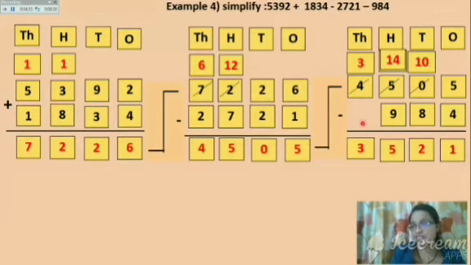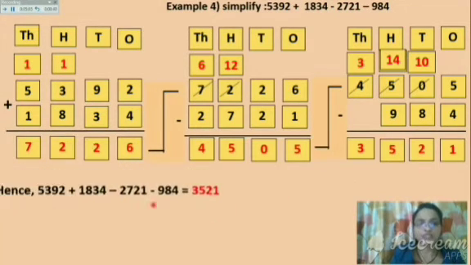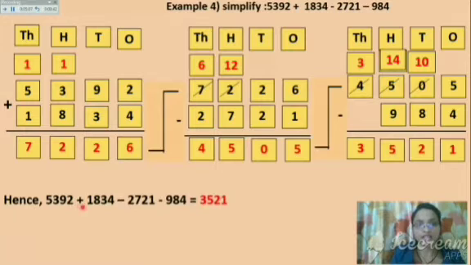Because no number is there below, the 3 as it is will come down as the answer. So what final answer are we getting? 3521. So, copying the question as it is, 5392 plus 1834 minus 2721 minus 984 is equal to the final answer